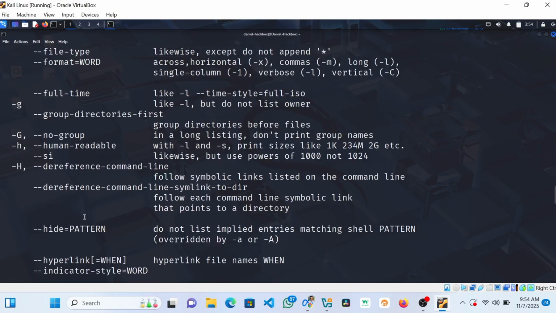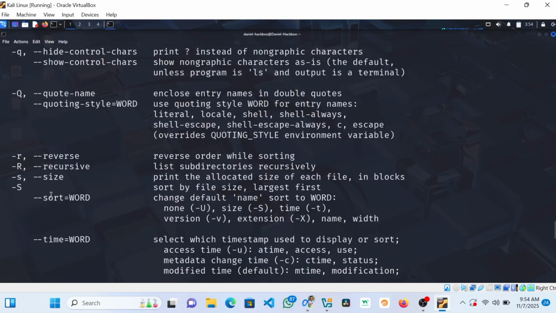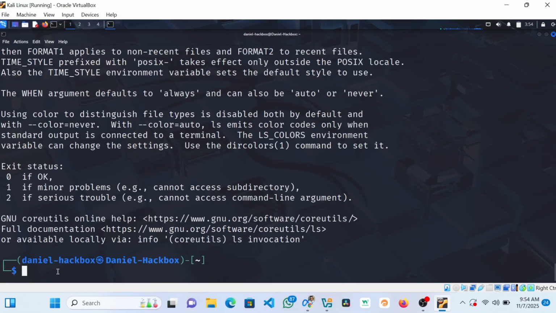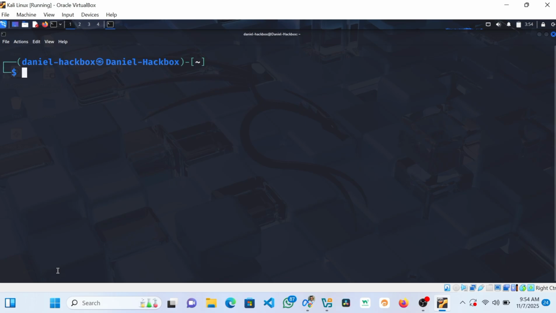At your spare time, you can just go through it. Time won't permit me to go through all this, but take note of the man and the help page. Every command has the man and the help page. All the commands have it. So if you are confused in any way, the man and the help page is available for you to use. Okay, so moving on,